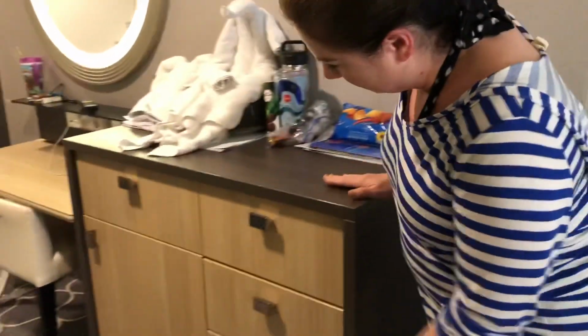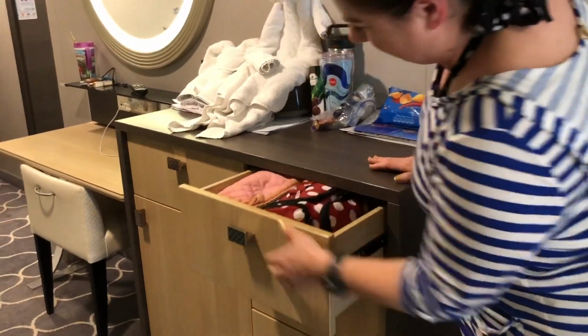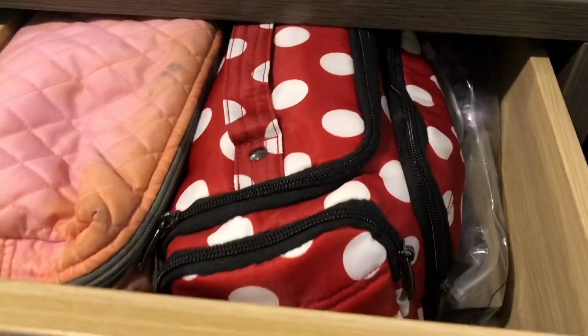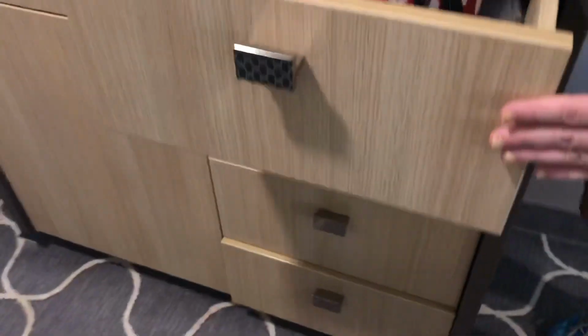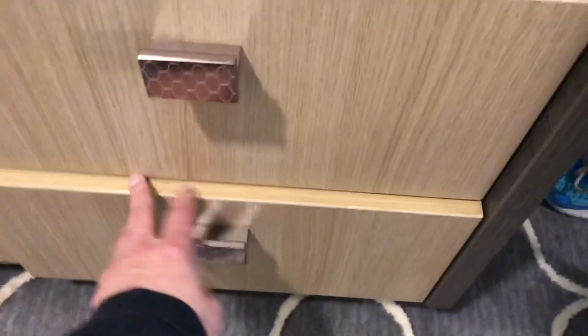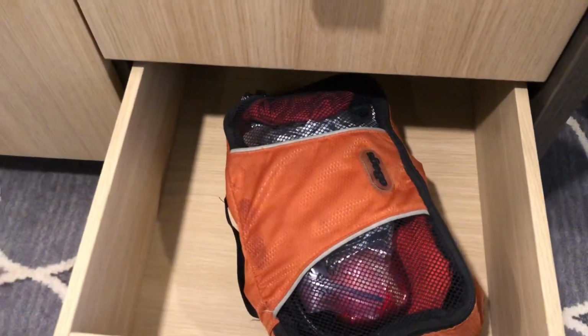And storage. So you can't really see into these drawers. I have them stuffed, but you can see there's a lot. They're nice and deep. Is there an empty one here? I don't think so. That one's empty. Nope. As you can see, we travel heavy. And this one has stuff in it. Not much, but